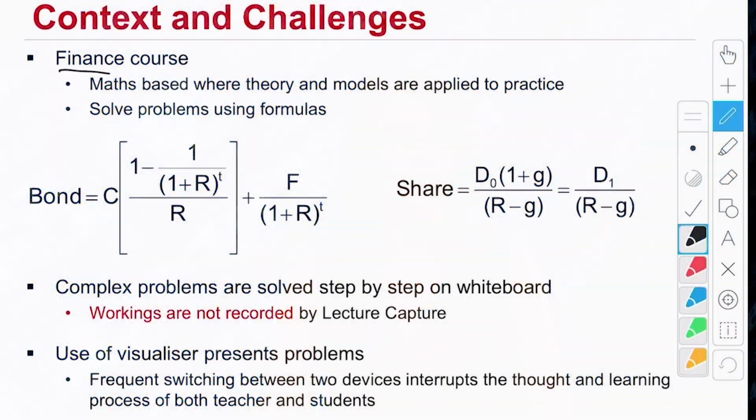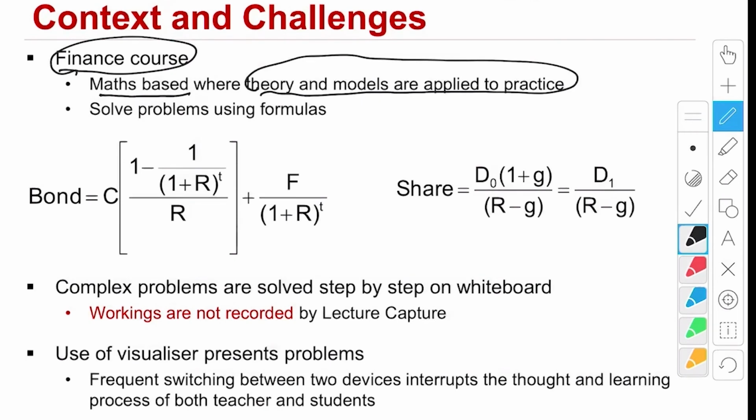I teach finance courses. These courses are applied mathematics, so heavily involved in formulas and models and equations, where solving problems and models on the whiteboard is very common during the lecture. Most of the time I am writing on the board, solving problems and drawing graphs and equations, which is not recorded by